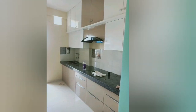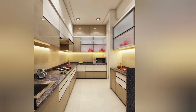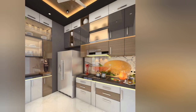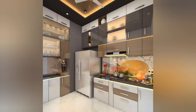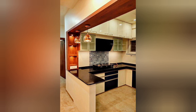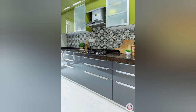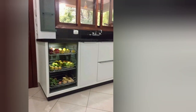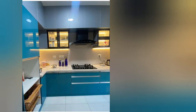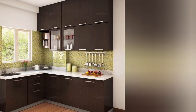is very beautiful, and this white color kitchen with black countertop designs, and this kitchen design has a good look and good style, so many wonderful ideas and color schemes using different accessories, and these cabinet designs with light and dark color combinations, and these kitchen storage ideas with different fruits and vegetables, and this kitchen design is so nice and beautiful and